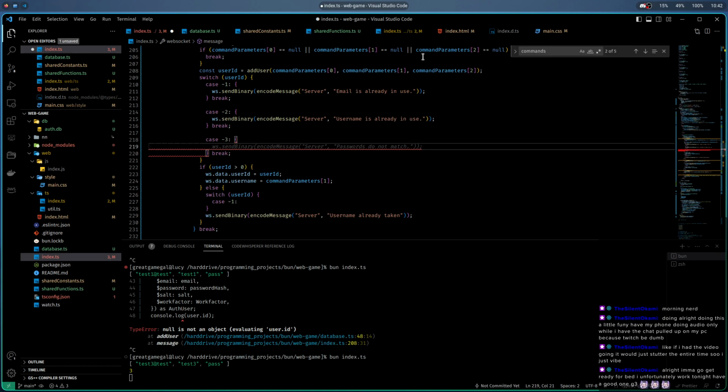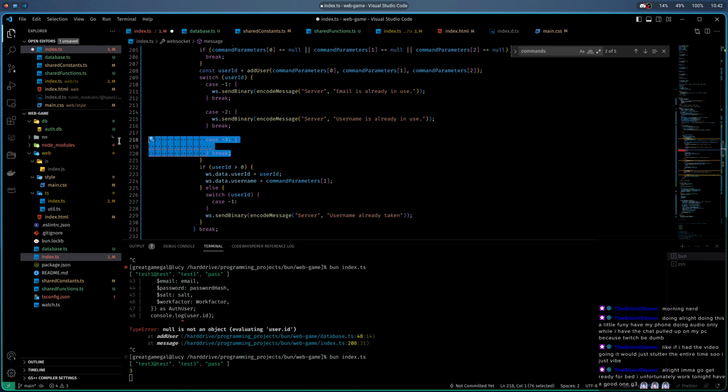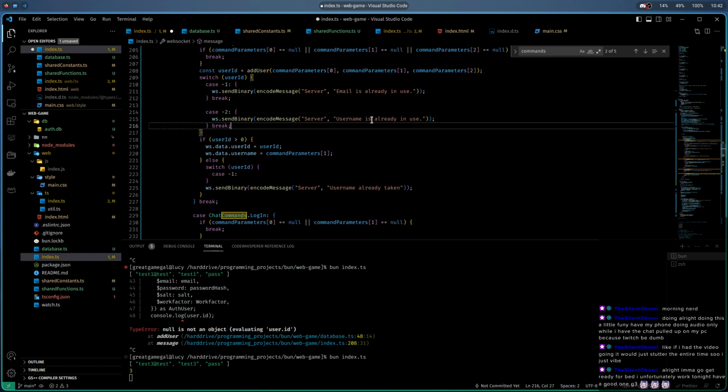I think I want to do a username length limit of 16. But I also want to enforce that in the client. So the only way that someone will have a username that is not acceptable is if they're doing anything bad. So I don't think I need to send an error message like this for that right now. This is a really bad system and will need to be fixed later, by the way. But